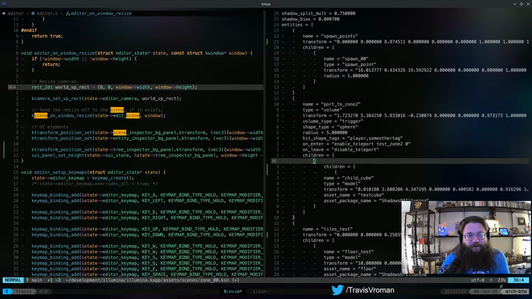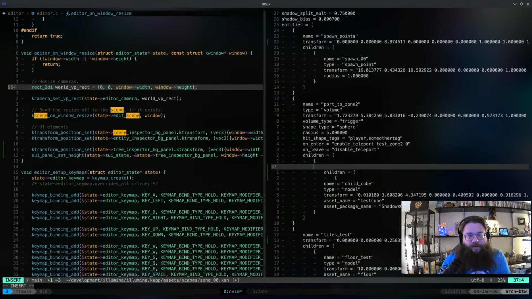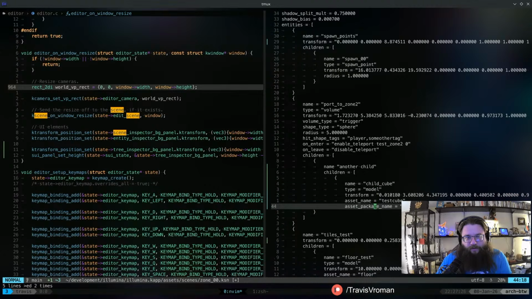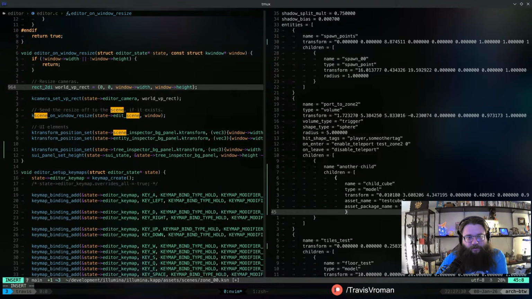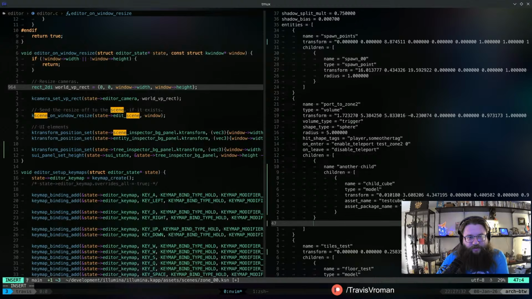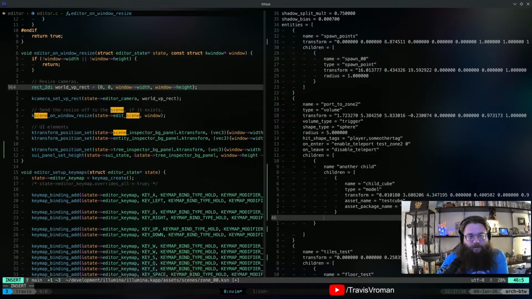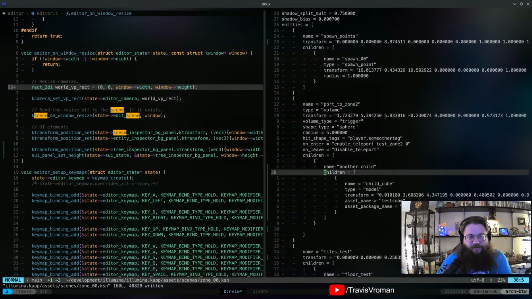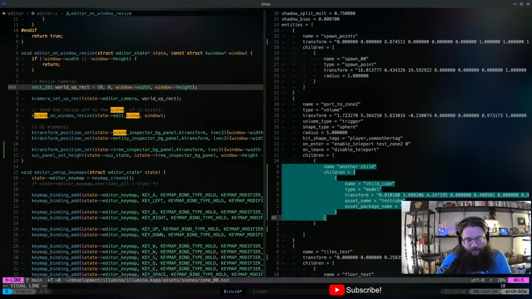And I'll do a name here, and I'll say another child, and then I'll tab this in a bit, and then here's another child of that. So we have that, and then I can just take this and move it in one level further.